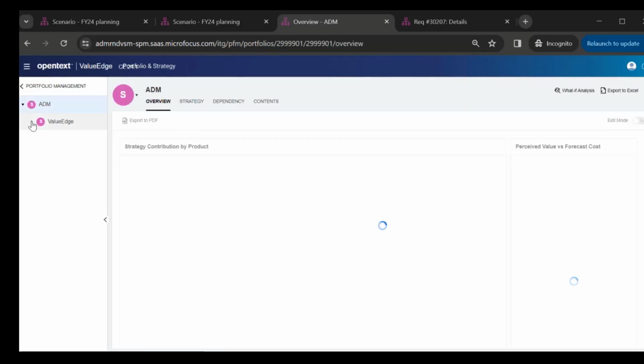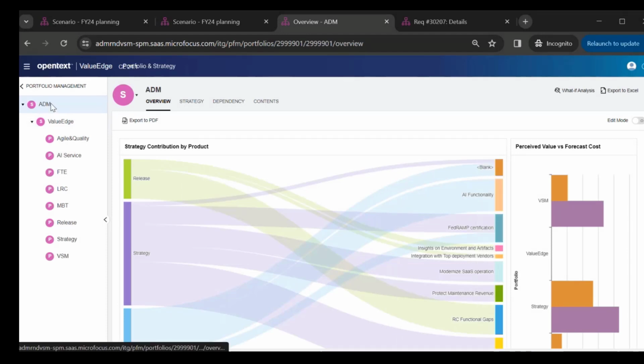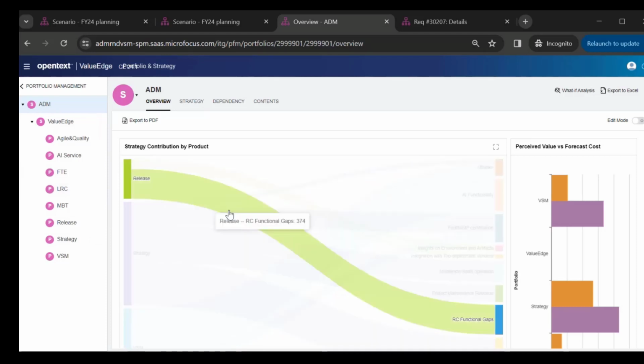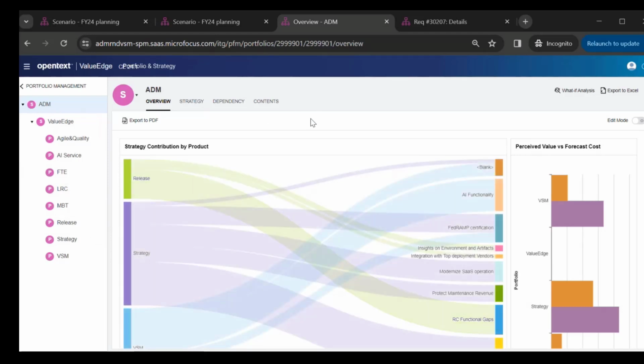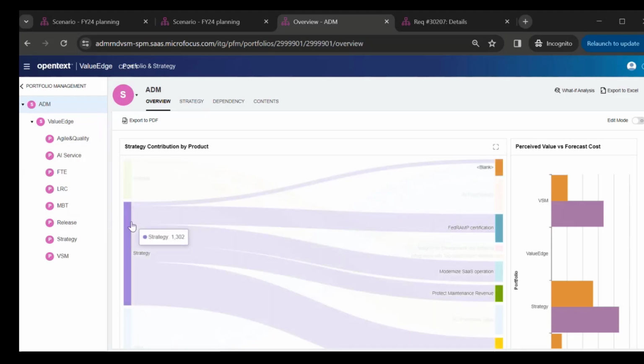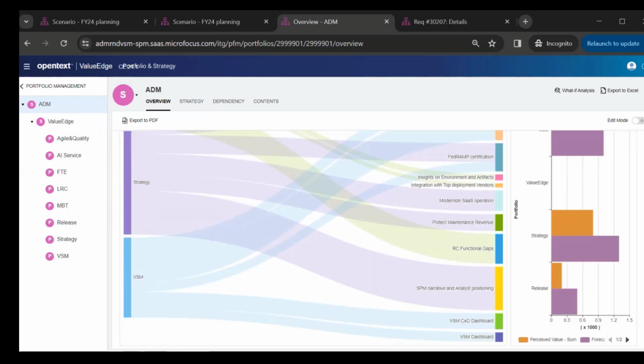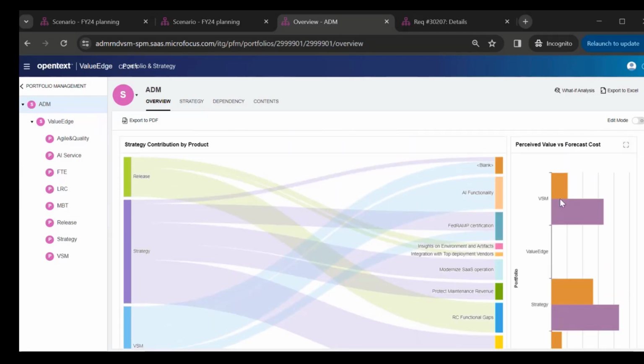Let's say that we're going to the top level, the ADM level portfolio. This is a strategic portfolio. Out of the box, ValueEdge strategy provides a number of portlets that are relevant to the persona working at this level. It would be a VP of products, an EPMO persona. One of the portlets is the Sankey diagram that shows the alignment between various products and the strategic themes of the organization. So here on the left, you have the modules of the ValueEdge platform. On the right, you have various